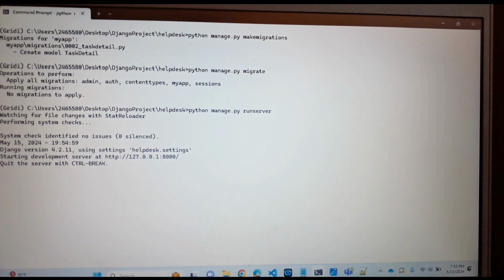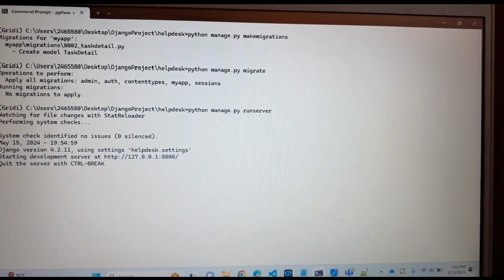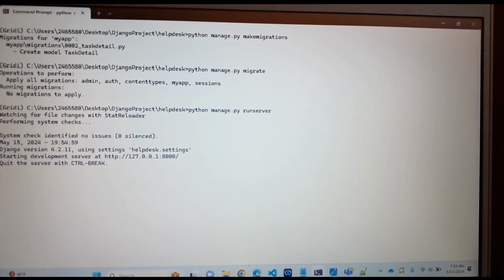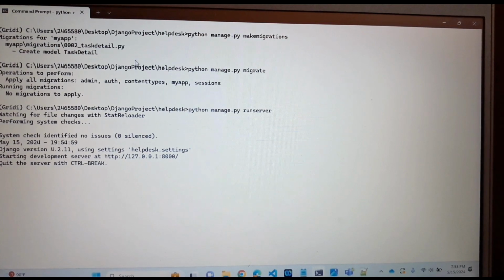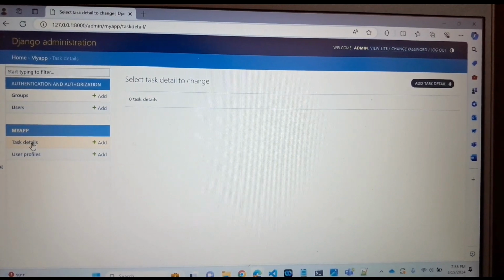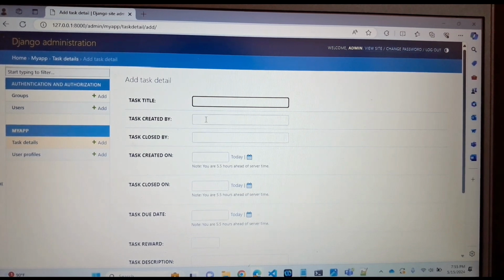So next, I'm going to open the admin page, and there I'm going to show you the table details, whatever we have created in the VS Code. So come here, then click here, see. If you click here, add task detail. So whatever fields we have given there are showing here, like task title, task created by. So for example, I'm entering task title,